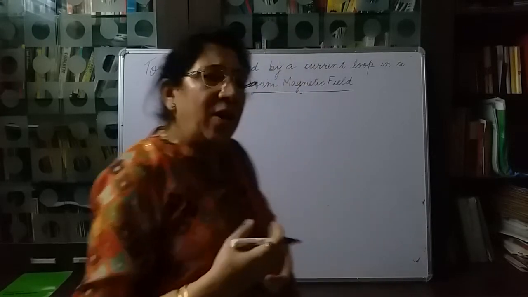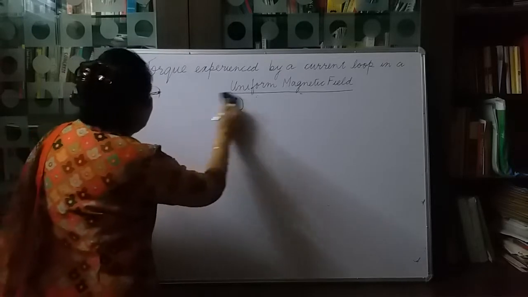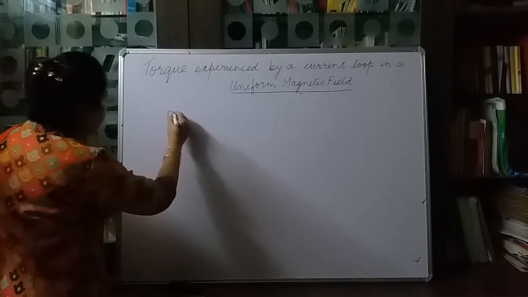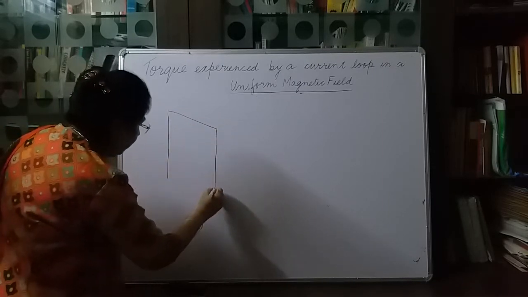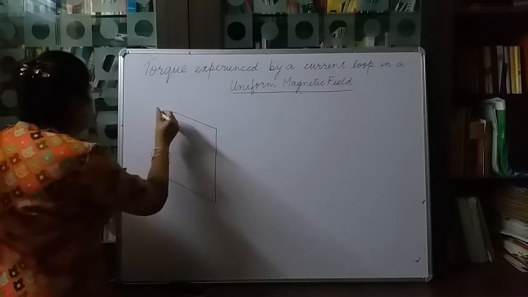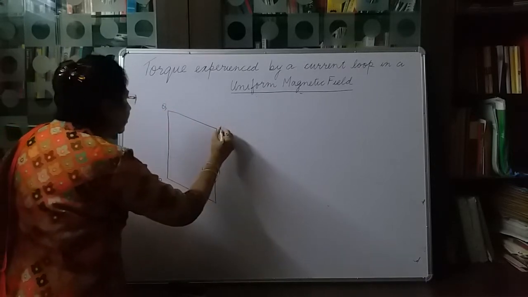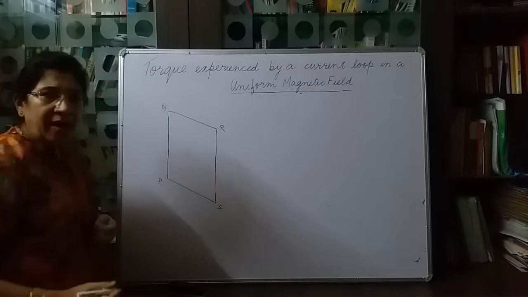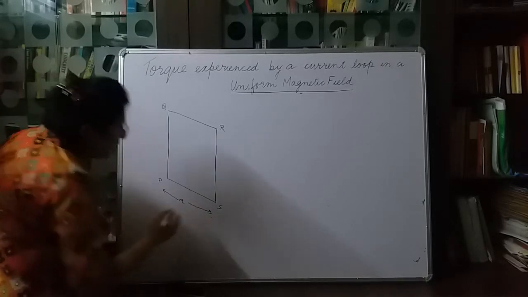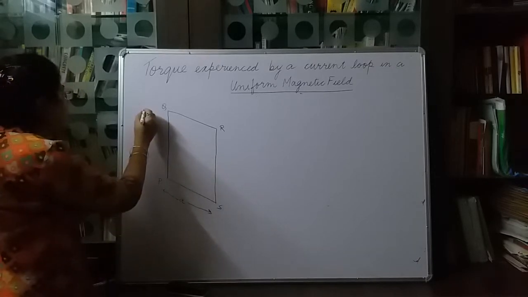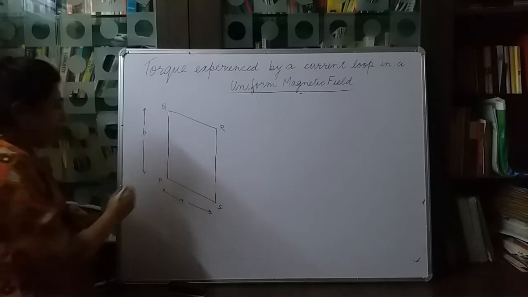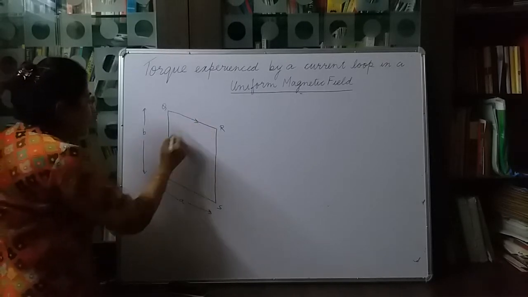Let us take a rectangular loop here, a current loop PQRS. The dimensions of the loop are a as its breadth and small b as its length, and it is carrying current, say I,